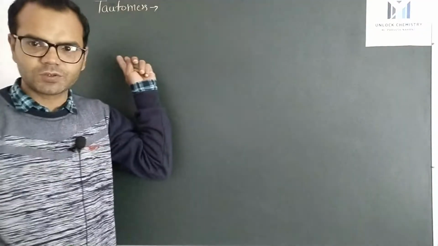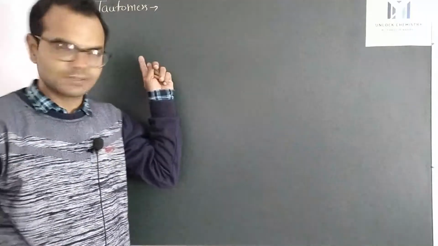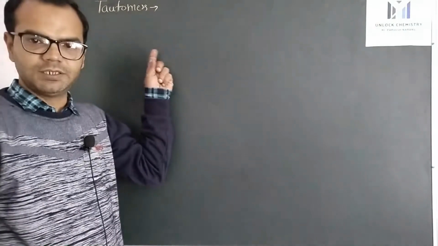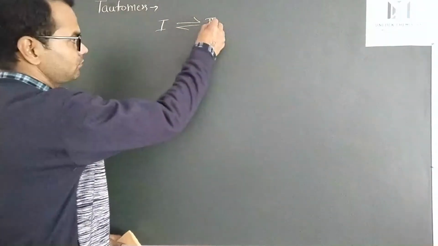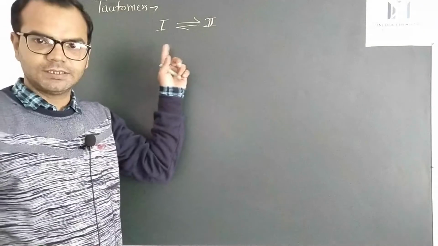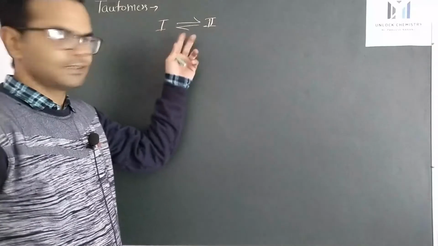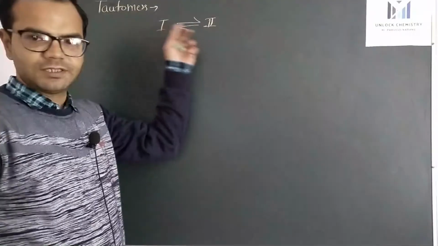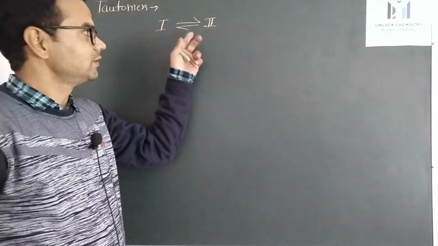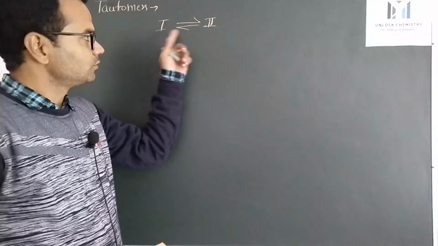Today we will discuss tautomers. It is the last type of structural isomers. Actually it is a special type of isomers in which two isomers are formed and they remain in equilibrium conditions. For example, we have two isomers, first and second. There is a dynamic equilibrium condition between both of them. They are interconvertible. If one is removed, then again it will convert into this type. There is a dynamic equilibrium condition, or we can say they are interconvertible to each other.